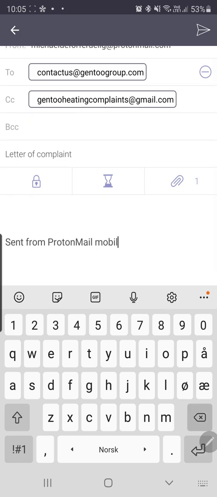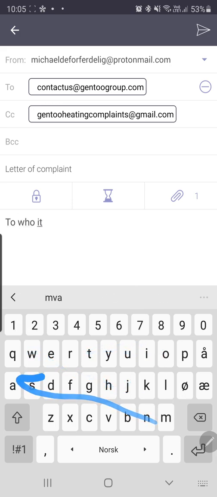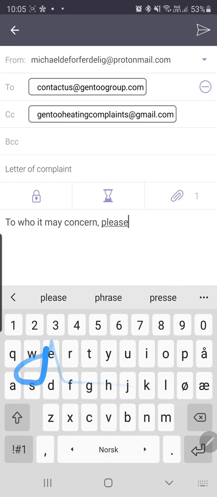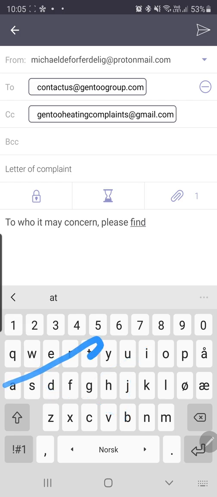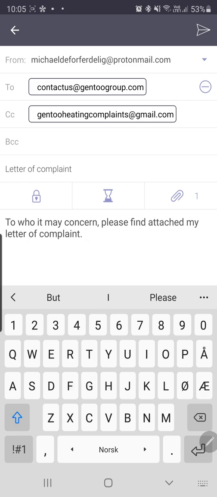And just write something along the lines of: To whom it may concern, please find attached my letter of complaint. And I'm not much of a complainer, if I'm honest, so I'm a bit exasperated from the amount of times I've used the word complaint over recent times. It's just such a negative word. To whom it may concern, please find attached my letter of complaint. Yours,